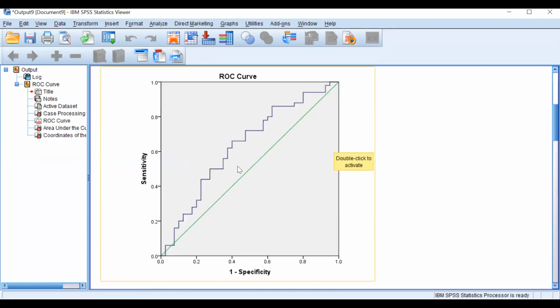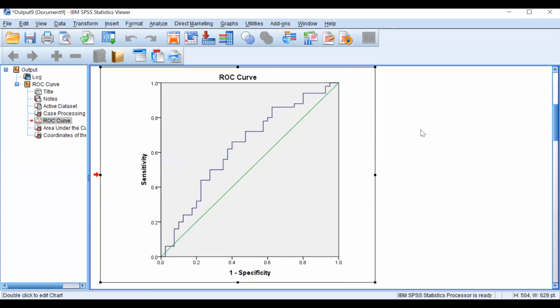Now coming to the graph. This is the graph that I was speaking about, the ROC curve. Here we have sensitivity on the y-axis and 1 minus specificity on the x-axis. Now we have to check this diagonal reference line. As I told you, 50% of the area will be below this and 50% above this. This blue line indicates the test we have used.